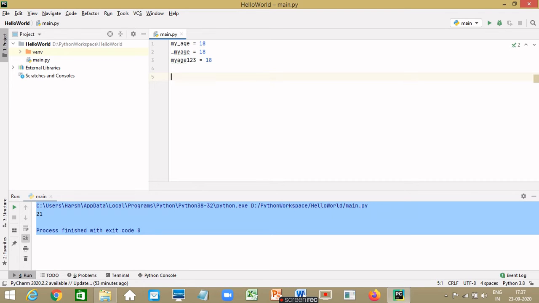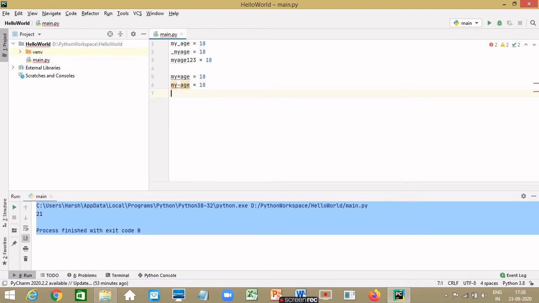The second is it can consist of alphabets, numbers, and underscore, but not any special characters. So special characters like star, so my*age is not a valid variable. my-age is also not a valid variable.